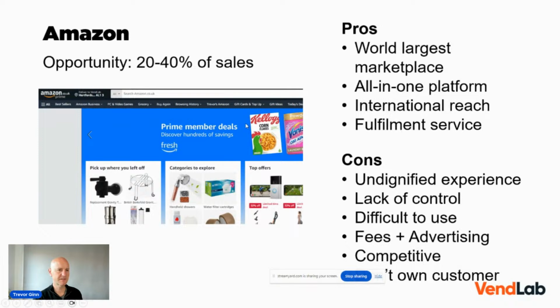Okay, so let's take these opportunities one at a time. Amazon: we see our clients make somewhere between 20 and 40% of their sales on Amazon. Obviously, there are some businesses out there which sell 100% on Amazon. So it's absolutely massive. It's the world's biggest marketplace. It's an all-in-one platform: it's got a search for products, a way of publishing products, and it has ads. You can buy ads to get extra